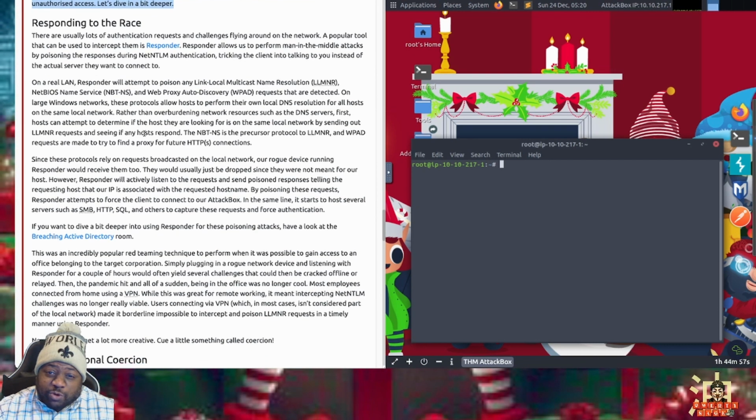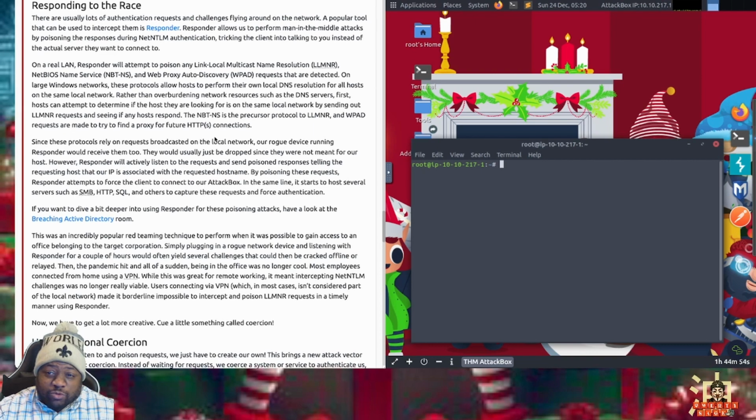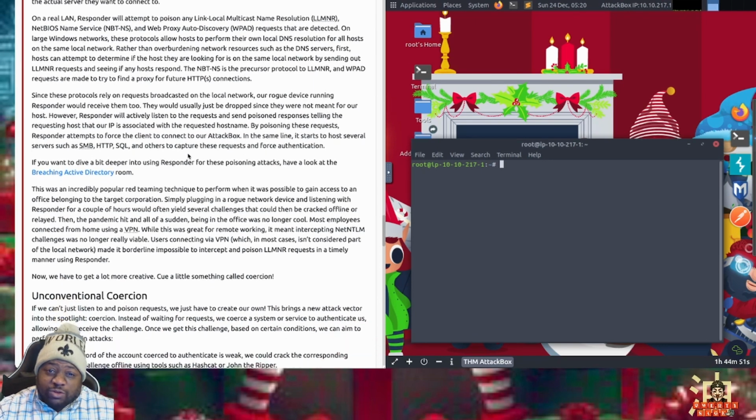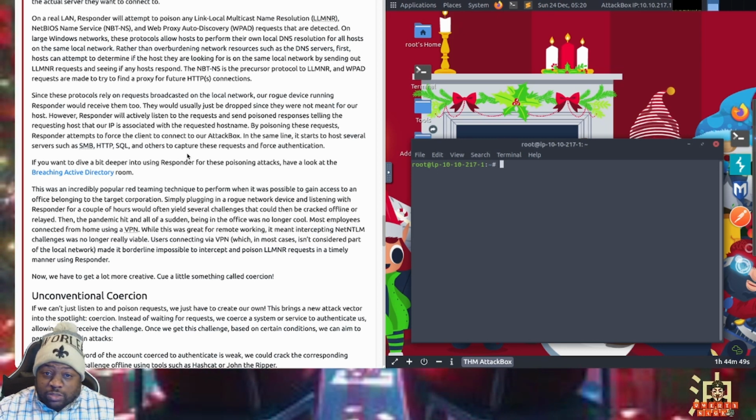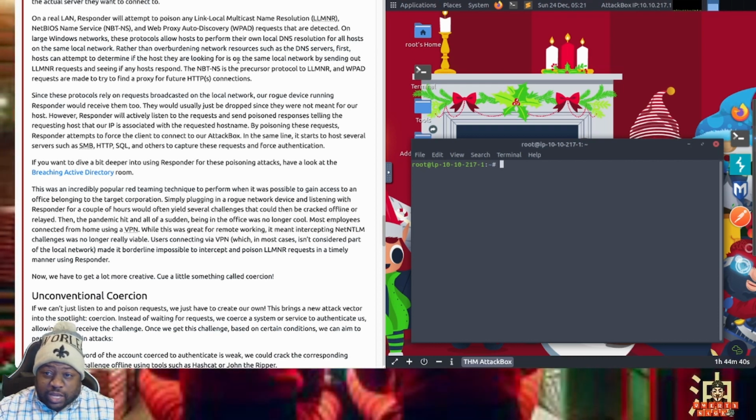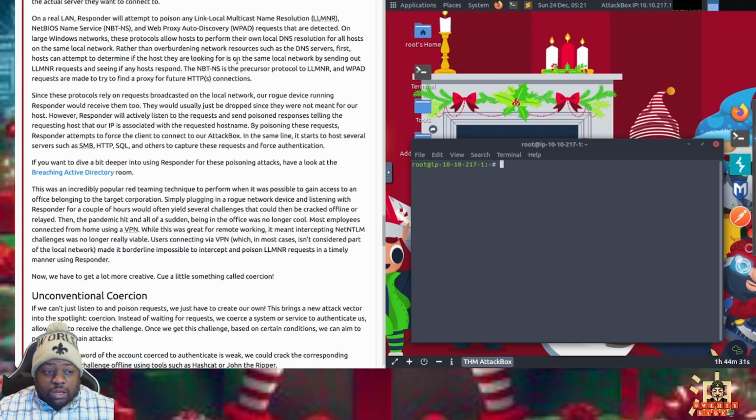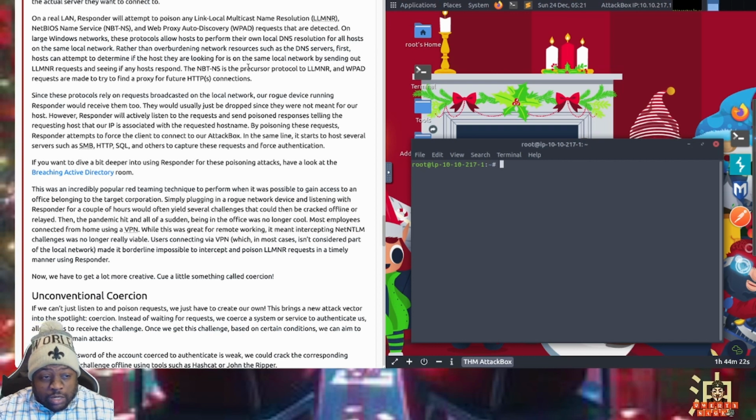On large networks, these protocols allow hosts to perform their own DNS resolution for other hosts on the same local area network. So rather than overburdening network resources like DNS servers, Windows came up with this feature where it will try to do domain name resolution between itself and other compatible devices on the same local area network.